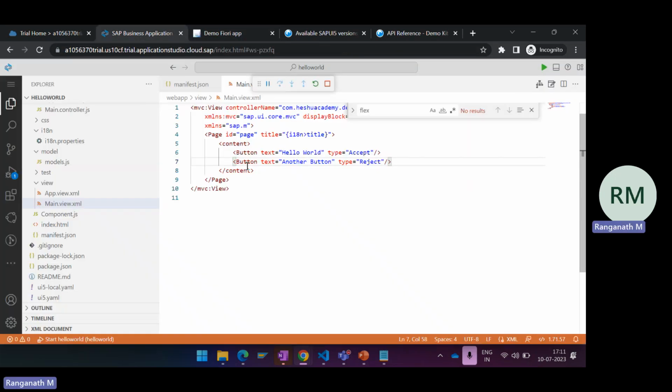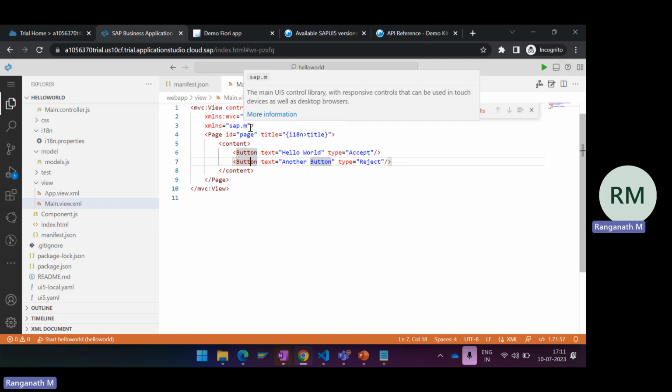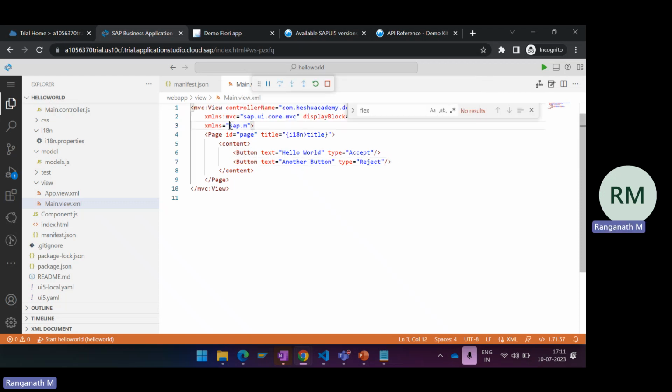Okay. So this is how you can load it. If you want to know what other libraries we have, we have sap.m and then sap.ui.core, and there is also the SAP UI table. To load those libraries, what we need to do is define those libraries in the XML header. So how do we define it? xmlns